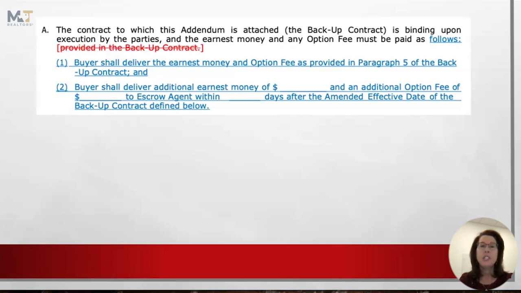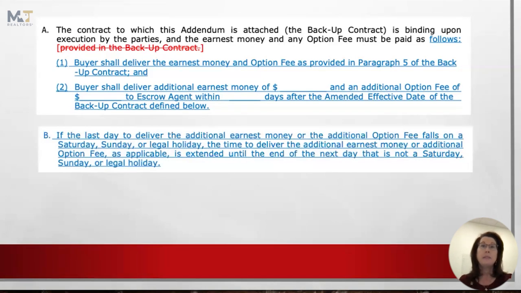Buyer shall deliver the earnest money and option fee as provided in paragraph 5 of the backup contract. And 2, buyer shall deliver earnest money of whatever amount and the additional option fee of whatever amount to the escrow agent at a specific time that's been negotiated after the amended effective date of the backup contract defined below. So B,